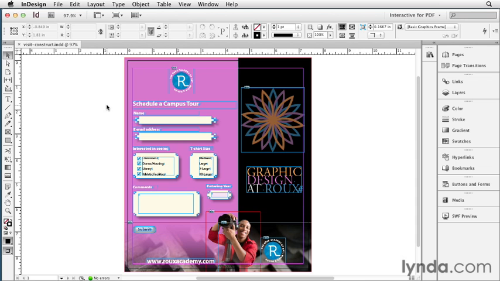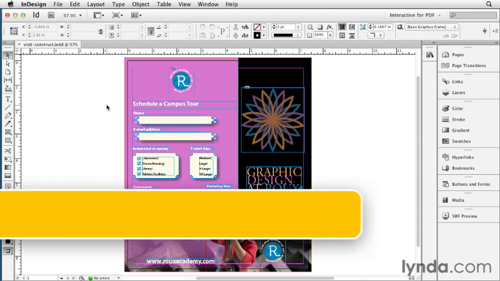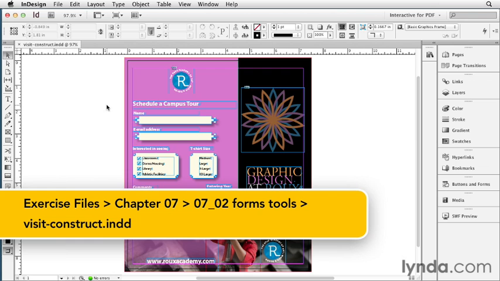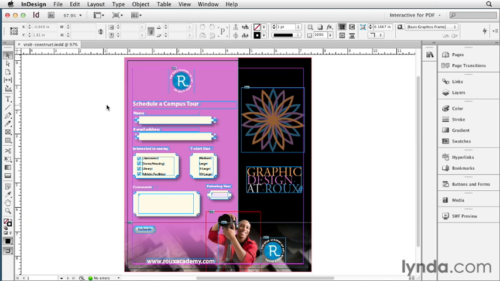Now let's actually dive in and see how we create interactive forms in InDesign. I'm going to give you an overview and a tour of all the different kinds of form fields, and point out some important settings that I think you should know about. But for detailed information and all kinds of special tricks that you can do with these form fields, I